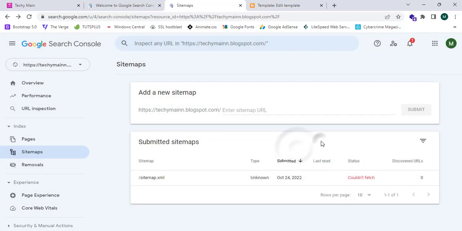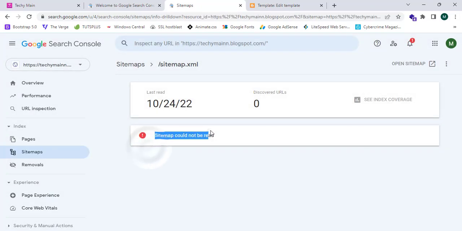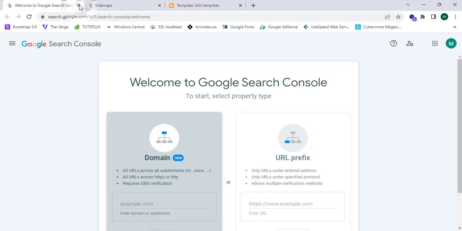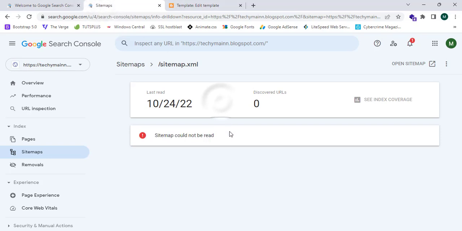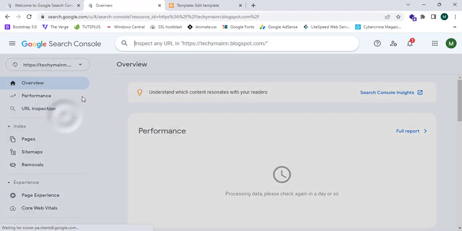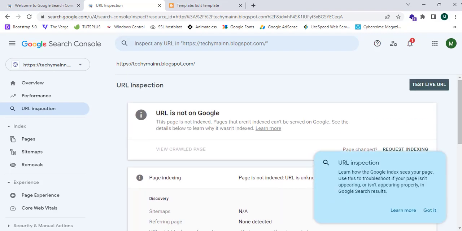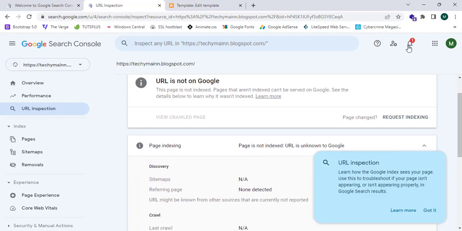So now I'm going to click on got it. This shows me couldn't fetch because I don't have any content in my website. If I have content, it will show me this many pages and posts indexed, and I can simply see my pages performance in the search